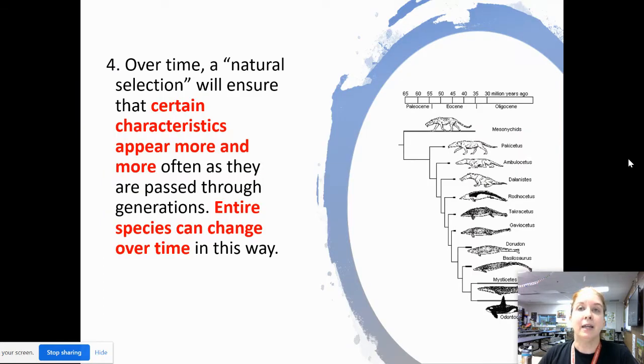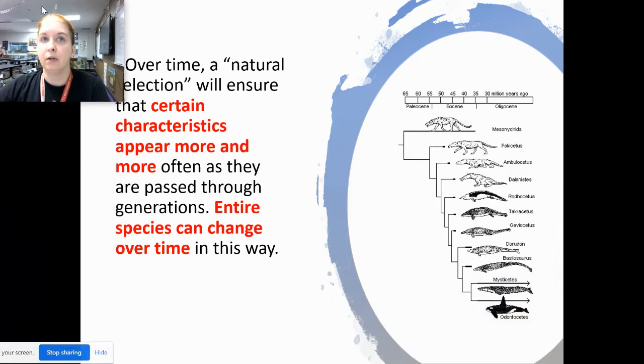So over time, natural selection will ensure that certain characteristics appear more and more often as they're passed through generations. An entire species can change over time in this way. This is not an overnight thing. We're talking thousands, millions, usually millions of years to go from one species to another. For example, let's move me over here. So if you go back